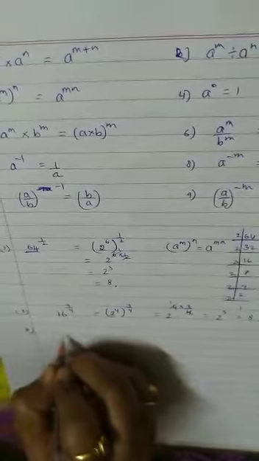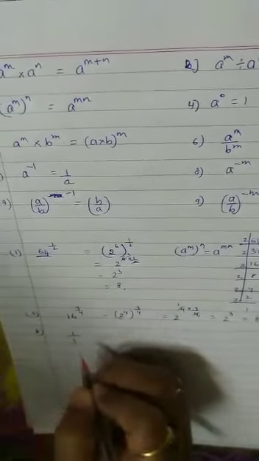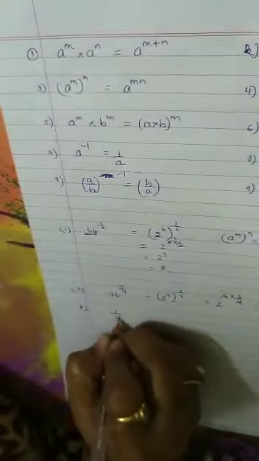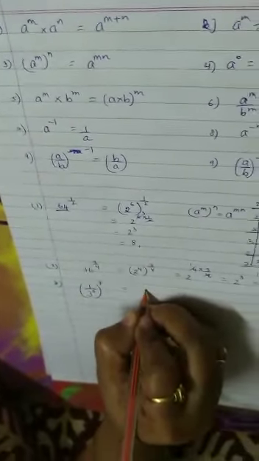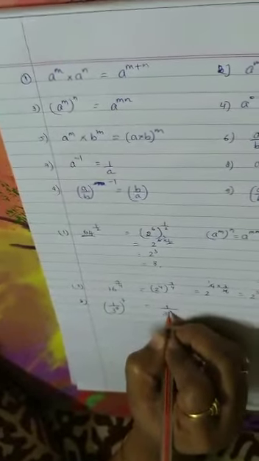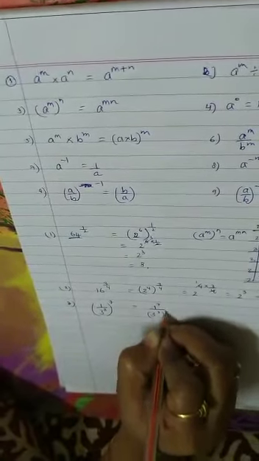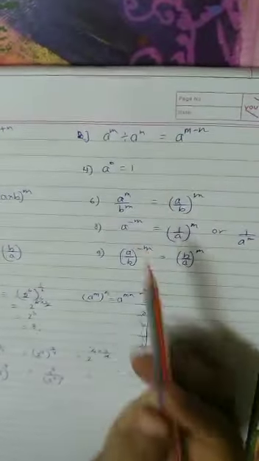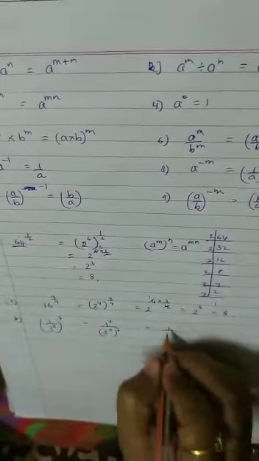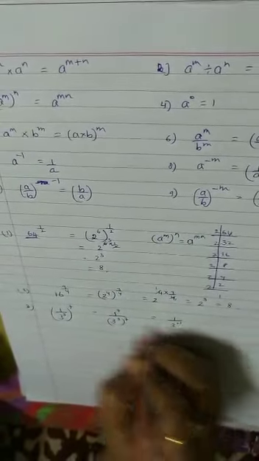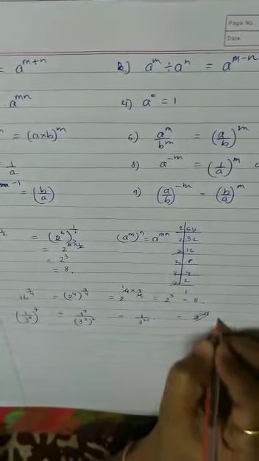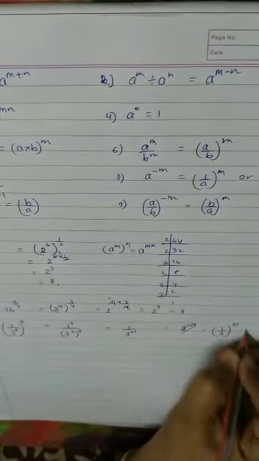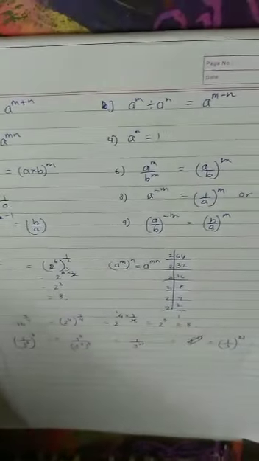Let's take the last example. If I have 1 by 3 the whole square, whole cube, divided by the whole raised to 7, simply it would be what? 1 upon 3 raised to 1 raised to 7, the whole raised to 7. We are using this property, right? We are going the other way. 1 raised to any positive integer is plus 1, and this will be 3 raised to 21, 3 sevens are, and that is nothing but 3 raised to minus 21, or rather we leave it here, or also you can write it as 3 raised to 21, right? So we can make use of these sums.